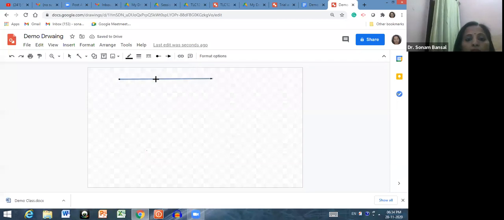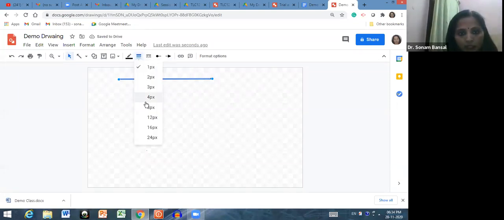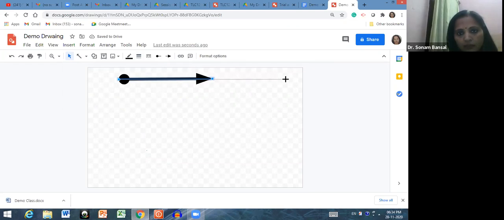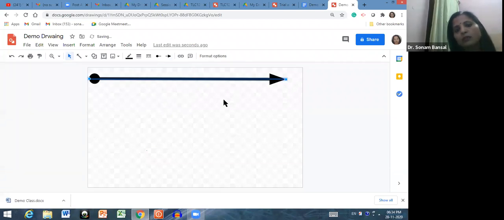And if you want to change the width of the line, then just go over here, line weight, and make the change over here. And if you want to make this line larger, then do this. See, this is how you can make changes to this particular line.